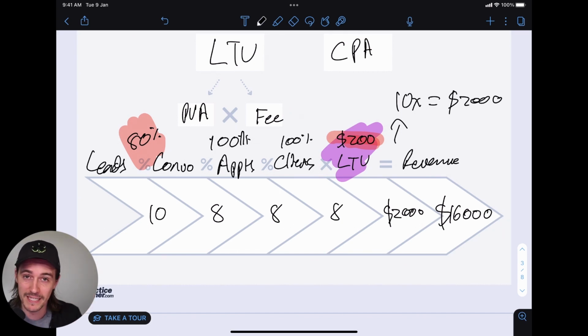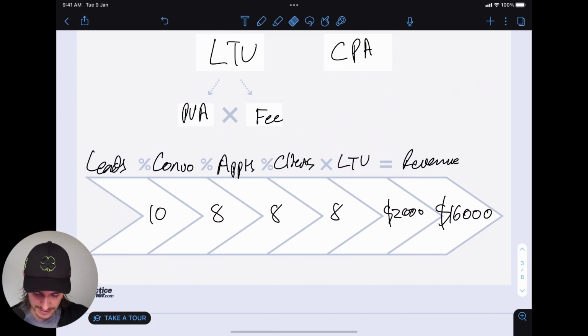My marketing is now 10 times more effective, not because I did any better marketing, but because I made my lifetime value better. Okay? So I want you to play with these numbers yourself. You can stick your own numbers in and you can think, all right, what are my calculations? But fundamentally,